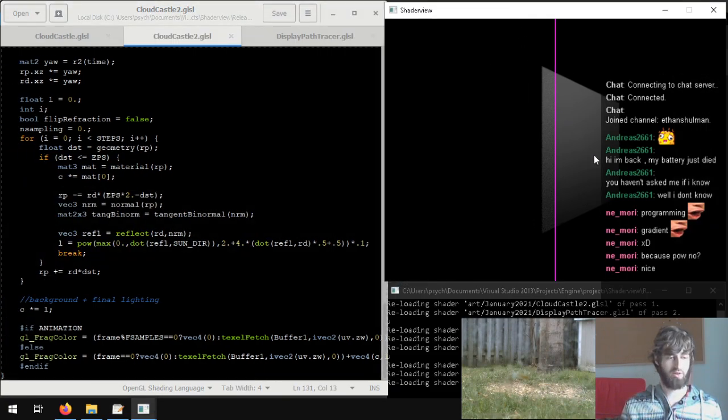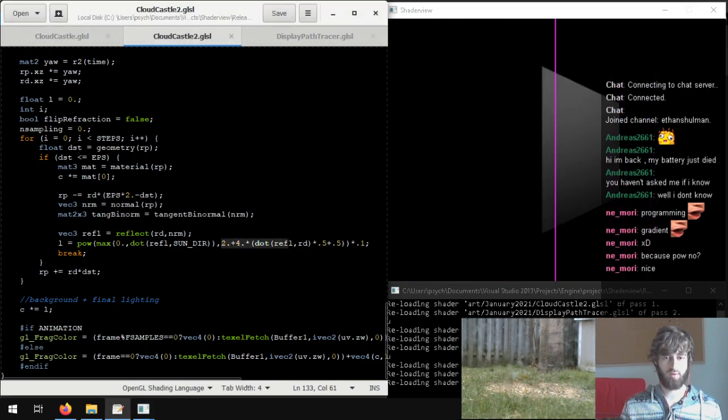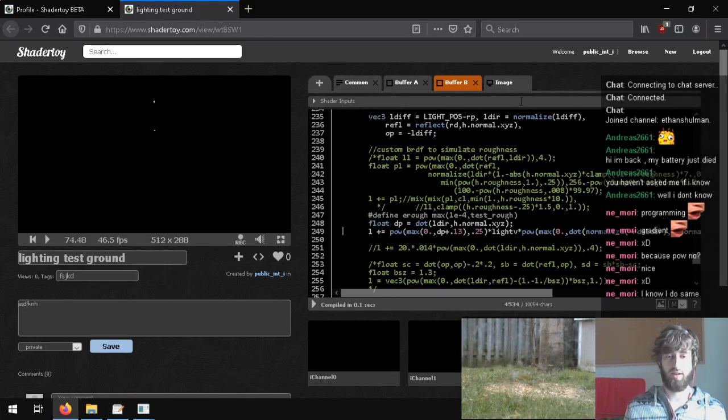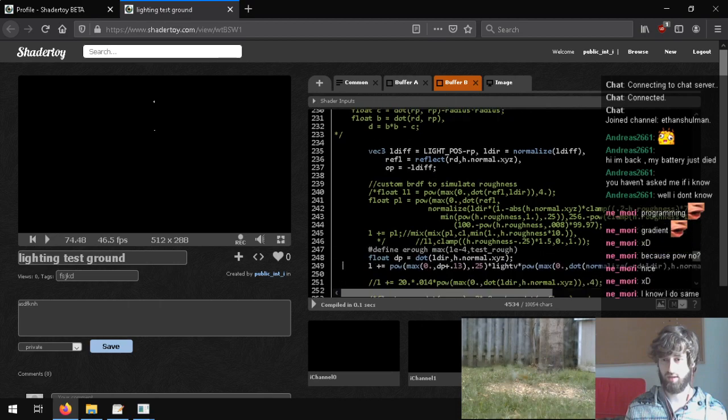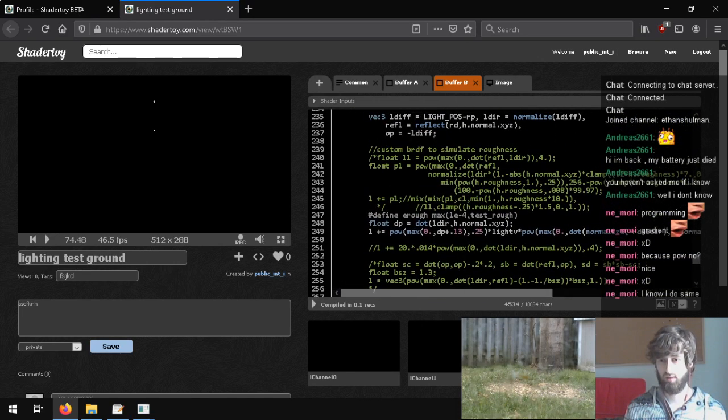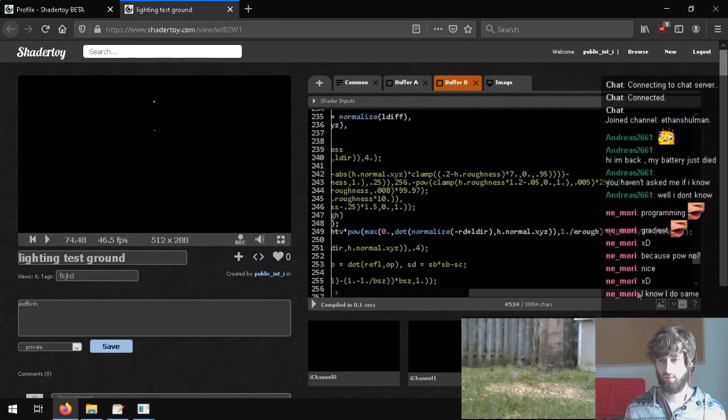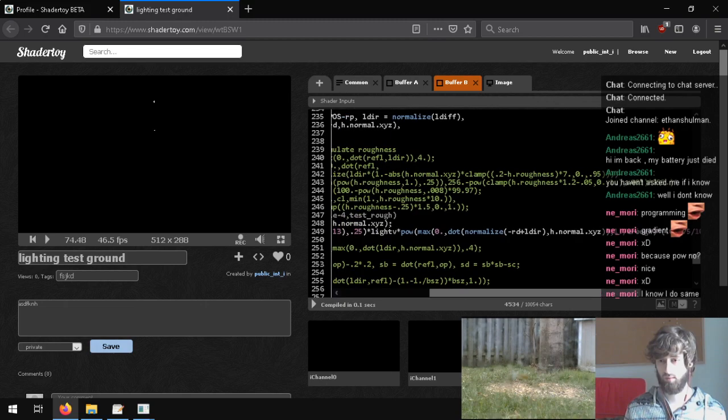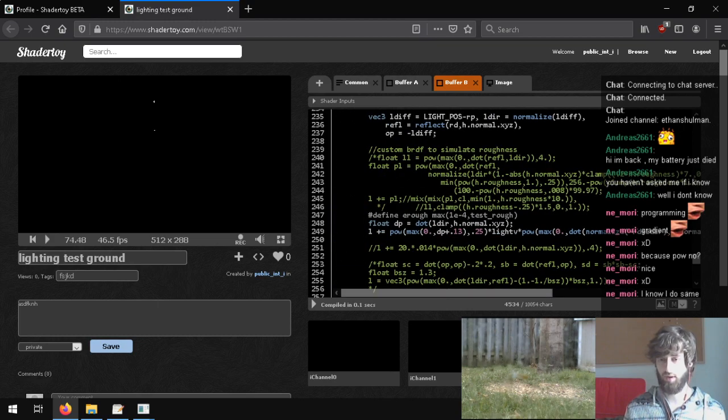I love working with magic numbers, dude. They're the best. You're not supposed to program like this, adding random values, but it works so well. Okay, so the roughness goes backwards. Let me see if my lighting test ground can help with anything, because I did calculate the roughness in a way. You know what? I should try